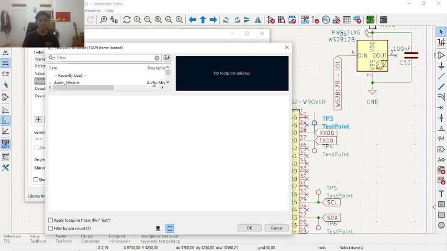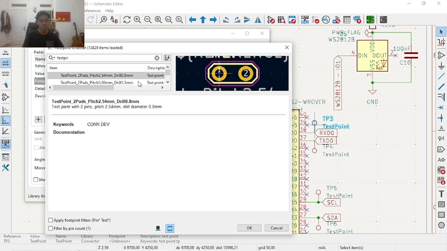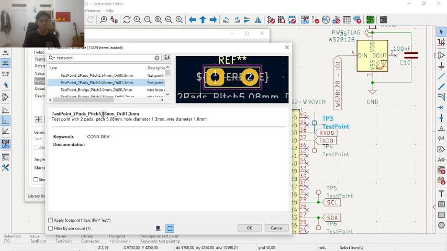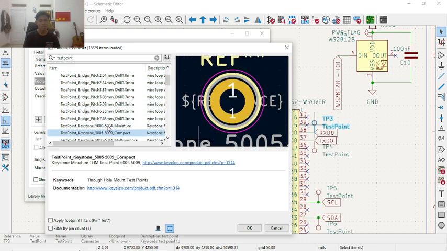Don't forget to add the footprint of the test point. So I will search for the test point.